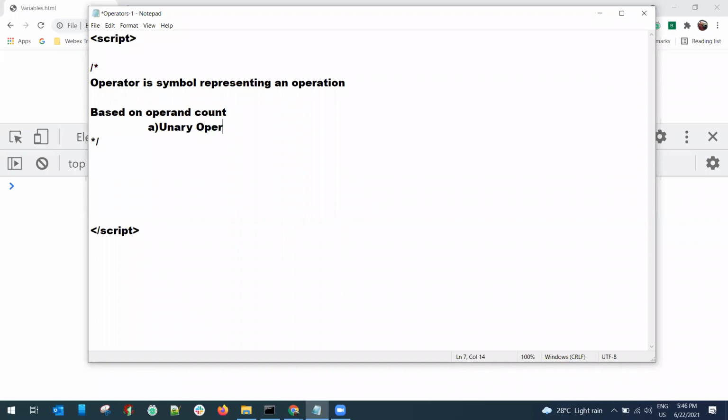A unary operator has only one operand. A binary operator has two operands. A ternary operator has three operands. There is only one such operator, which is the question mark with colon. Unary operator, binary operator, and ternary operator.